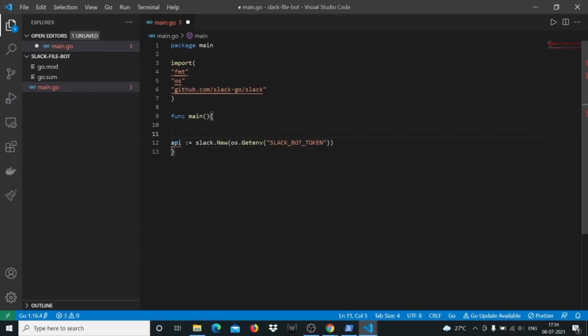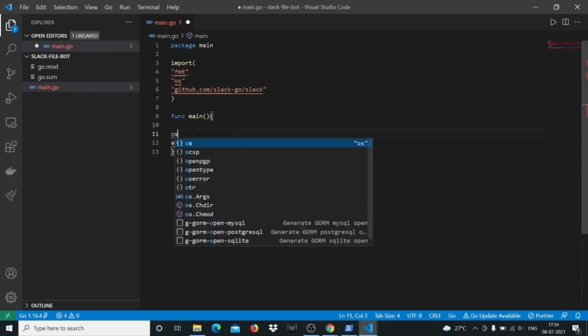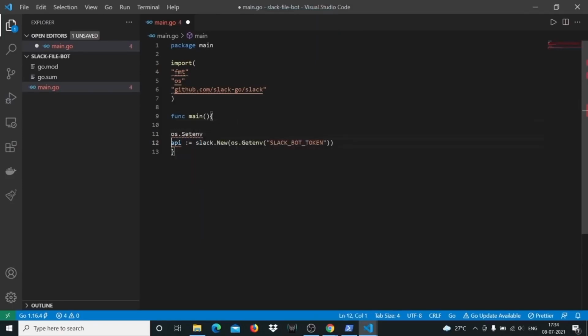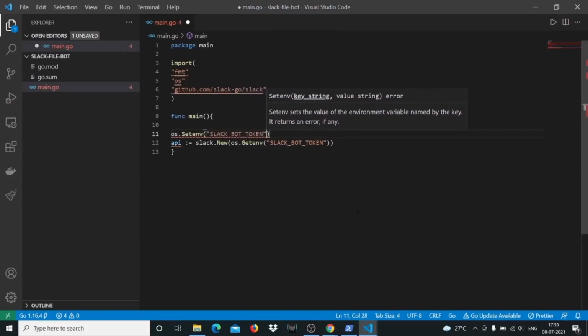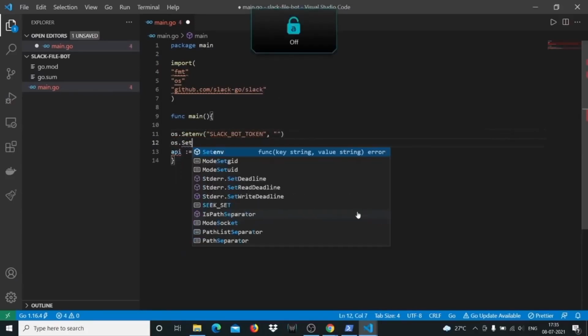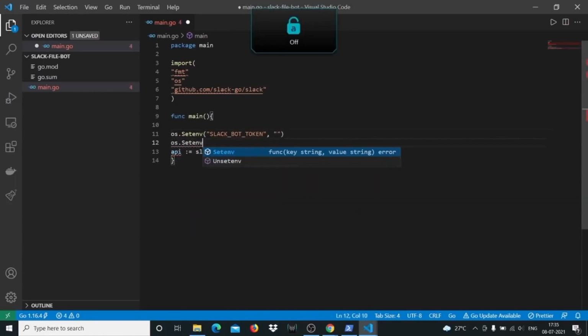But since we don't have it set up, what we'll do is we'll actually set our environment right now using the Setenv. You don't have to do it. You can directly pass your bot token here, but I do this because this makes the code very extensible, and you can extend it later on in case you want to go to production. Like I said, we don't want to go to production right now, but if you wanted to, you could, because we're keeping everything very modular, right? So here we'll put a bot token,